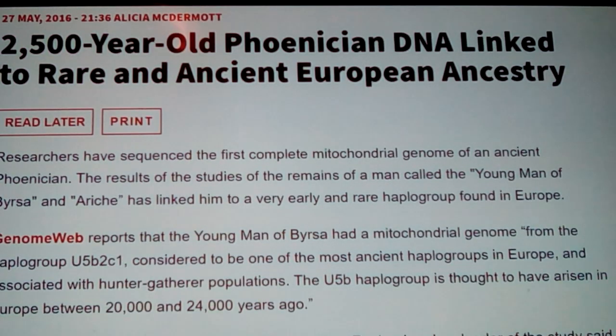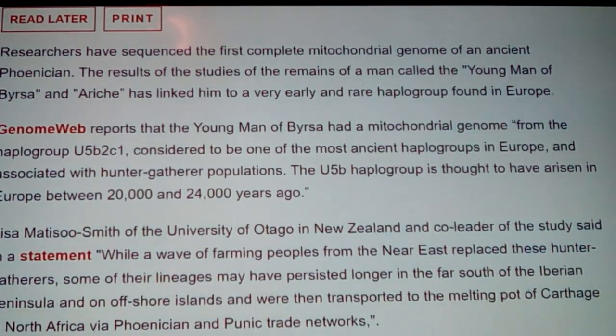2,500-year-old Phoenician DNA linked to rare and ancient European ancestry. Researchers have sequenced the first complete mitochondrial genome of an ancient Phoenician. The study is of the remains of a man called Young Man of Byrsa, or Ariche. It has linked him to a very early and rare haplogroup that has been found in Europe. GenomeWeb reports that the Young Man of Byrsa had a mitochondrial genome from the haplogroup U5b2c1, considered to be one of the most ancient haplogroups in all of Europe and associated with hunter-gatherer